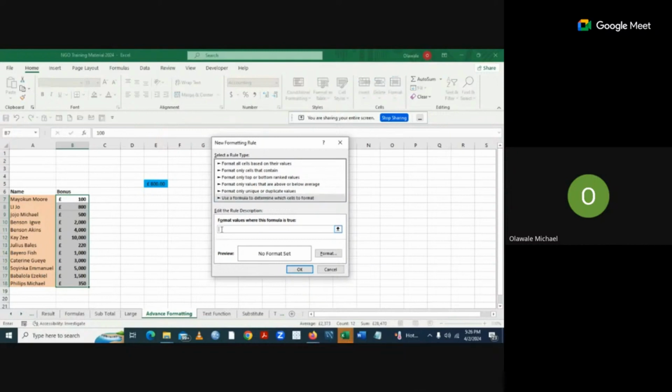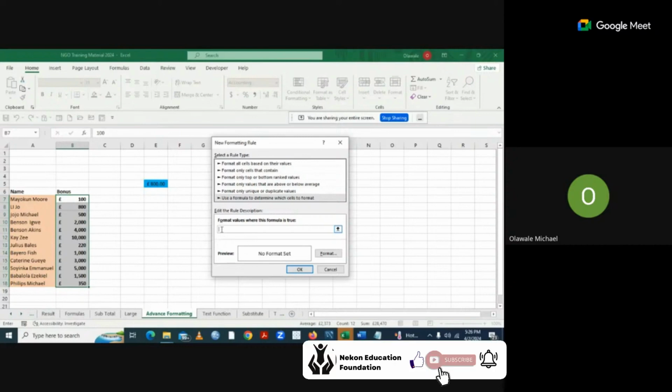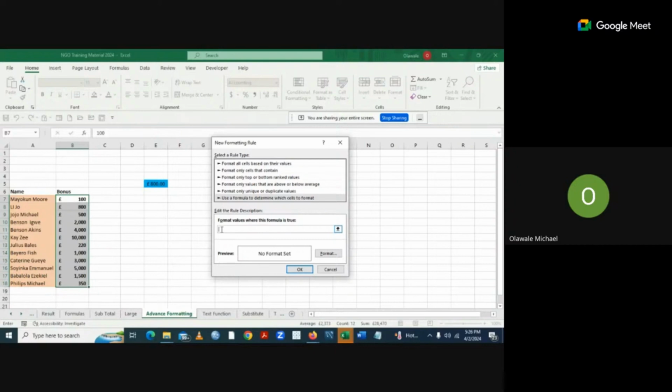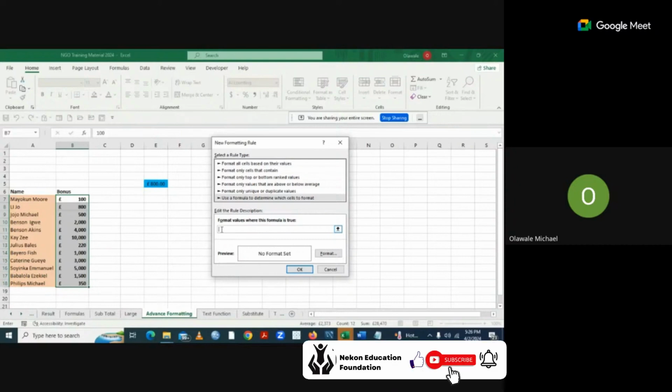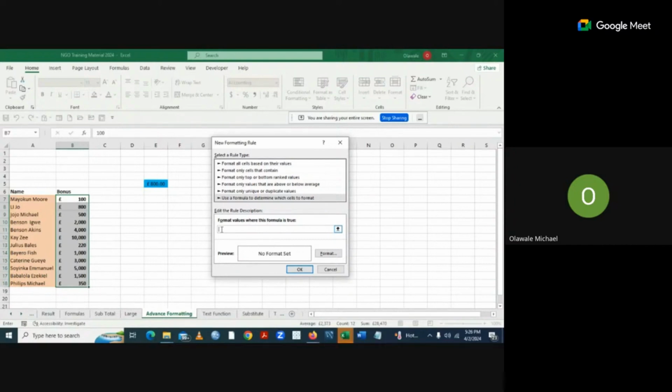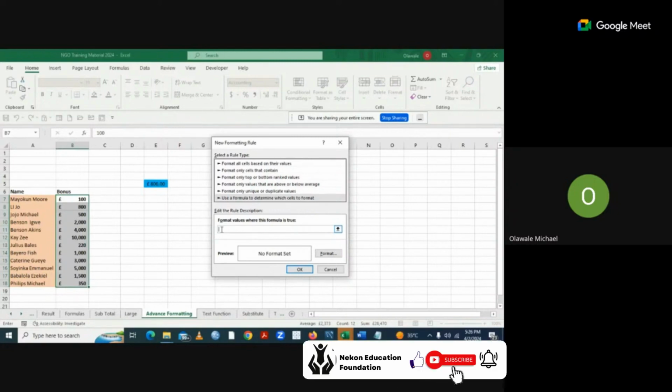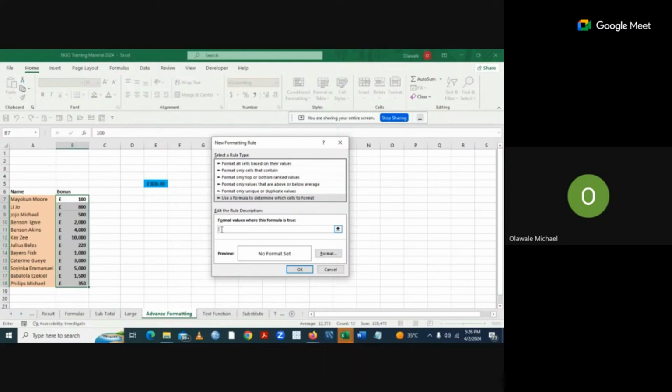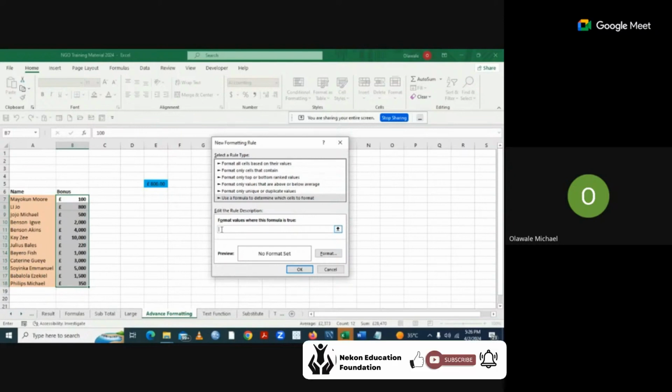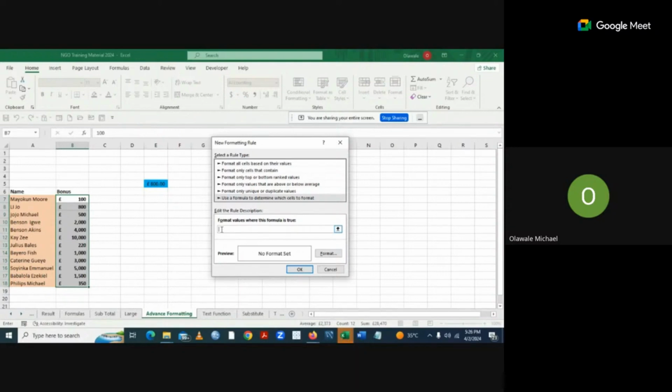Now, remember what I said? I said any bonus that is greater than or equals to this particular figure here, format that particular row. Anyone that is below, don't format. That's what I want to do. So now, follow me. I will say equals to